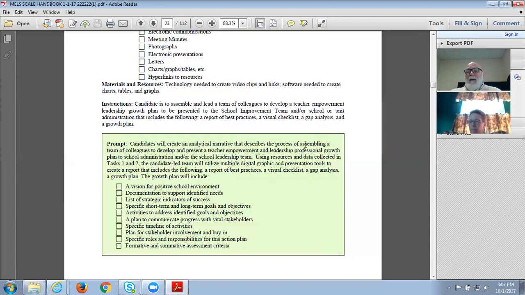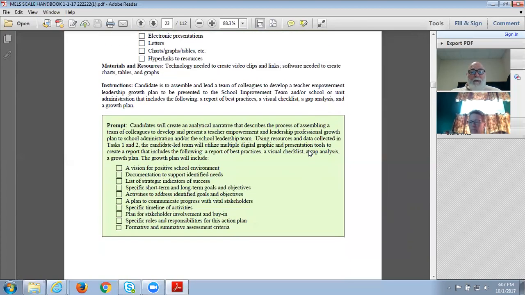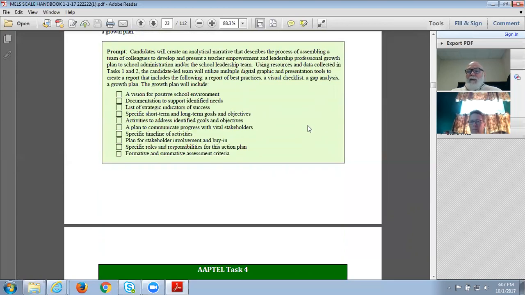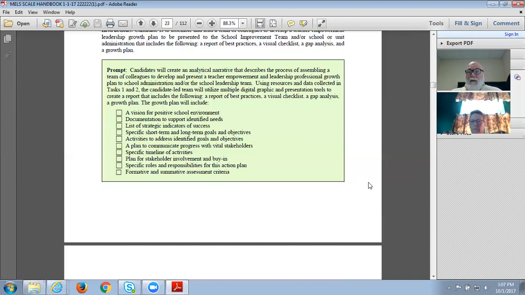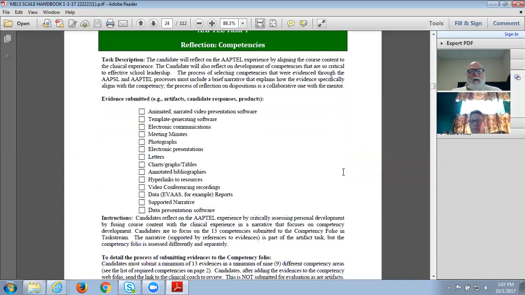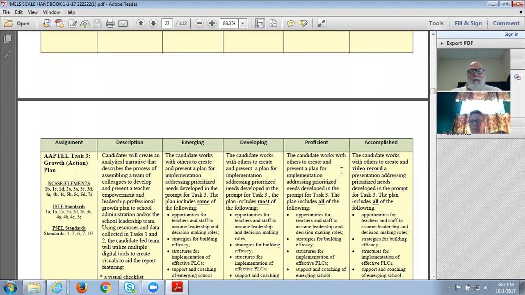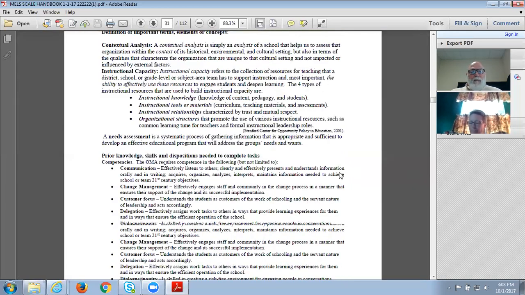Now, if you choose something like PBIS or attendance or graduation rate or something like that, then later on you're going to have to pretty much do this one over again in the OMA when you lead a group of educators in staff development to improve instruction. So if any new folks are listening, please remember this should be instructionally based. Your action plan here should be instructionally based, because when you get to the OMA, if you have done that, when you get to the OMA, let's read OMA Task 3.